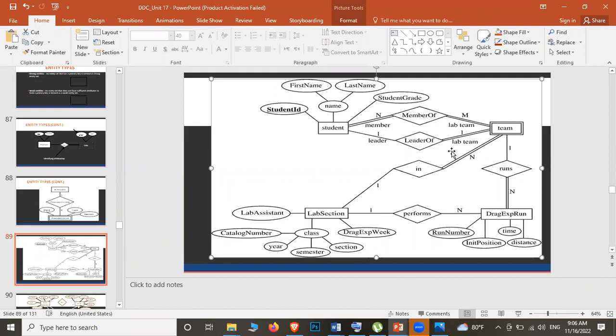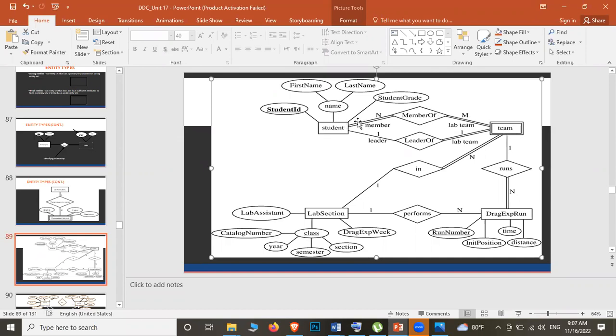In some schools, even in your class, assume that there are 20 students, two or three of them won't do anything, they won't even participate in the sport meet, isn't it? They don't come to the sport meet, they don't come to school on time. So what should we do about that category? We can't put them into the team. So that is why they have mentioned it with the double line. Not all students can be members of a team.